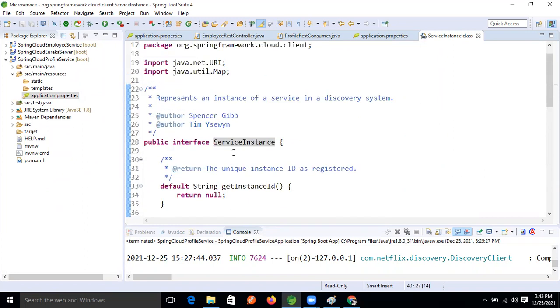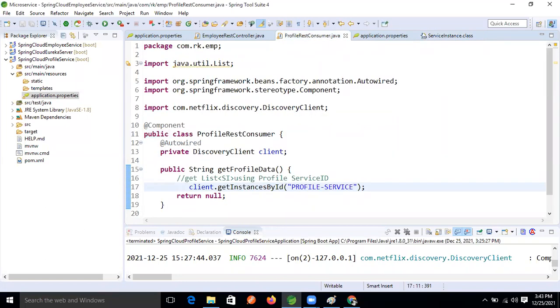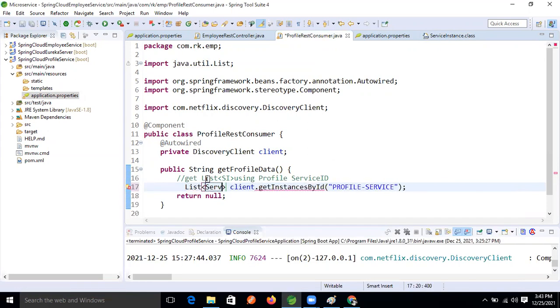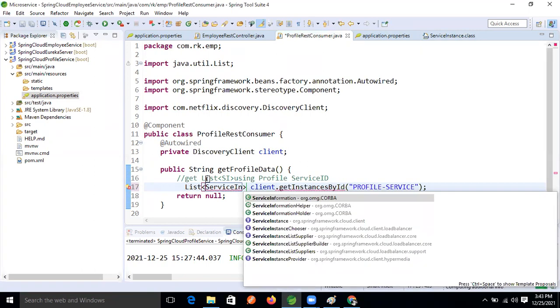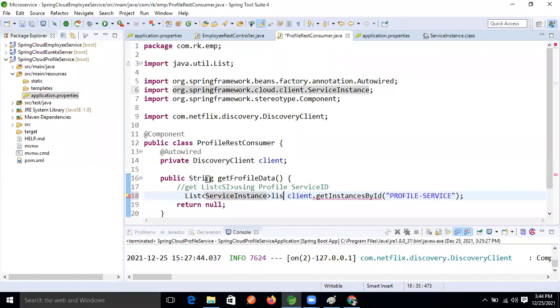Now this one will return what? A list of what? Service instance. Now we return the list.